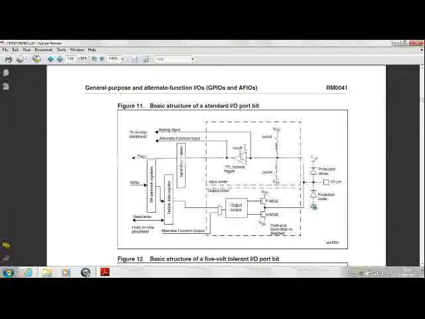After this, you have two sections. You have an input driver and an output driver. The input driver is driven by a Schmitt trigger, which can be turned on and off depending on what type of input you are trying to draw from the input driver. For digital input outputs, you have pull-up and pull-down resistors, which are over here, which can be turned on and off depending on what configuration you do for your input pin. If you are having an analog input, no Schmitt trigger will come into the picture.